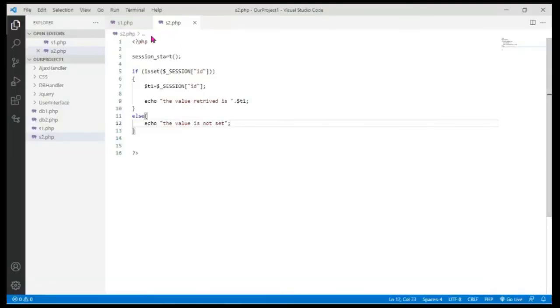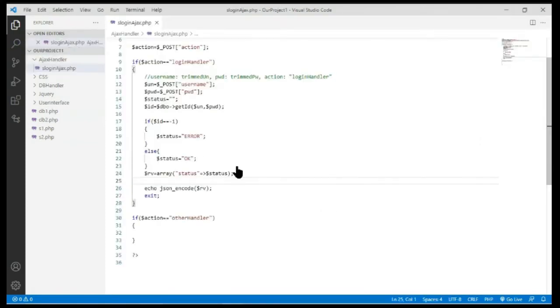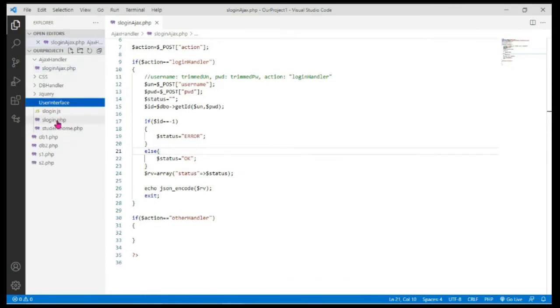What we want is, these s1 and s2 we do not want anymore, so let's close them, and then we go back to this sx handler base here. Okay, now also we want this user interface folder, slogin.php, which in turn is calling this